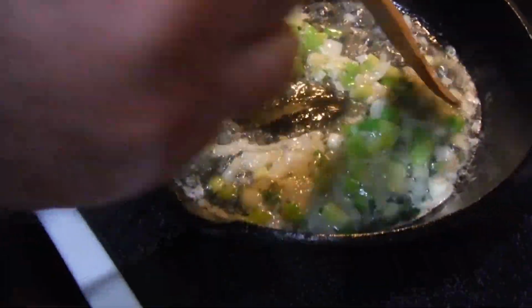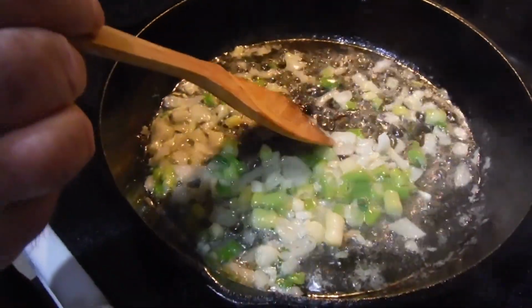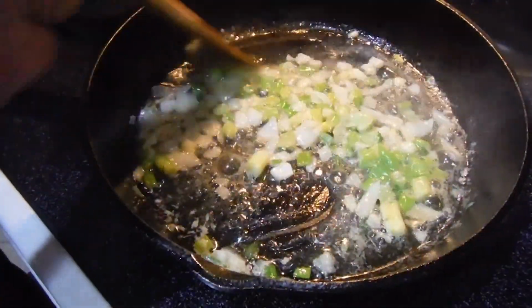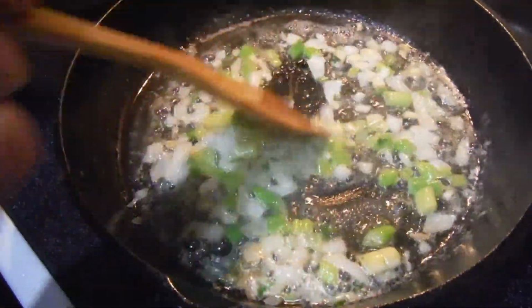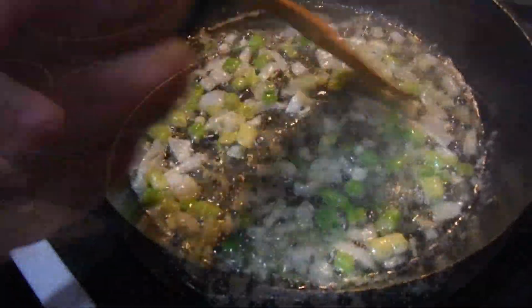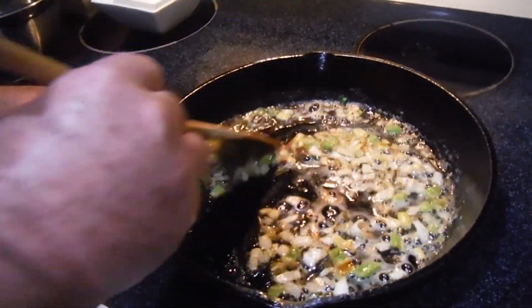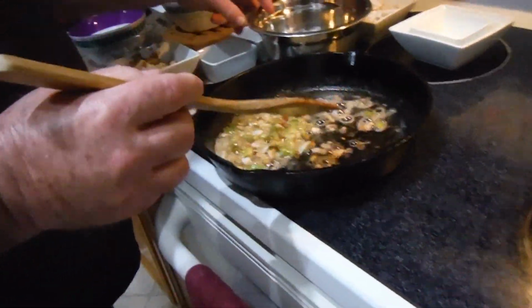Okay, these are sizzling up pretty good. It looks like the onions are starting to get translucent there. I'm just going to give it like a minute or two more, and then we'll start adding some more ingredients. Okay, we're all done here. These are translucent. I'm going to take them off the fire, and we're going to add